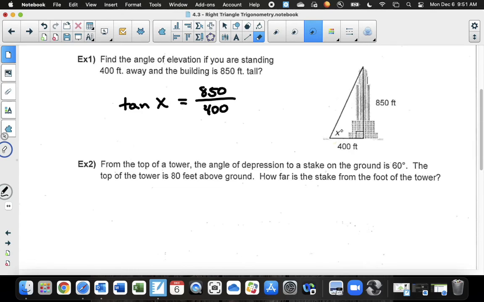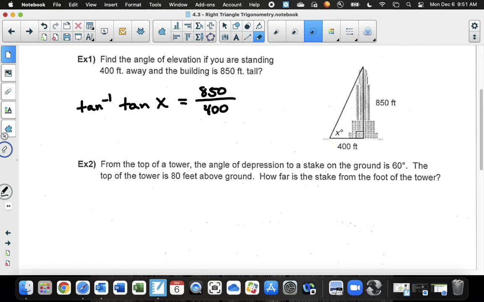Now, I need to get x by itself, which again, we'll see if you remember or not. How do I get rid of the tangent? What's the opposite of tangent? If you look on your calculator, cotangent is not the inverse, that's the reciprocal. There are those buttons you remember, sine to the -1, cosine to the -1. Those are your inverse trig buttons. So the opposite of tangent